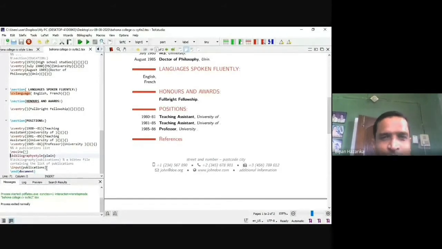If you publish books, the first page of your books, a photocopy of it, you put in the same file and just include it, and automatically when you run the file, your output is shown here. So here you see there is no publication list here.